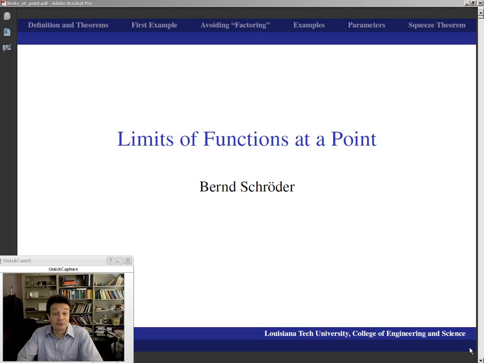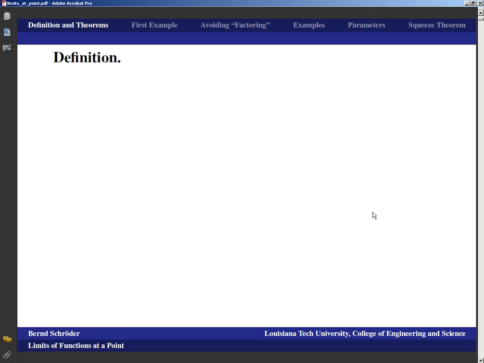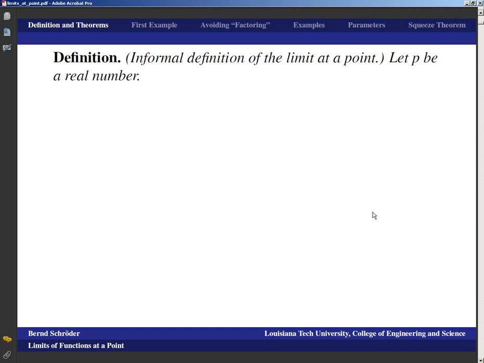It's time to start symbolic calculus, and we're going to start that by talking about limits of functions at a point, which we've already motivated a little bit in the previous presentation, so we can get right at the abstract meat here. The definition of the limit of a function at a point, which is an informal definition, and that's going to be good enough for what we're going to do in calculus, is that if p is a real